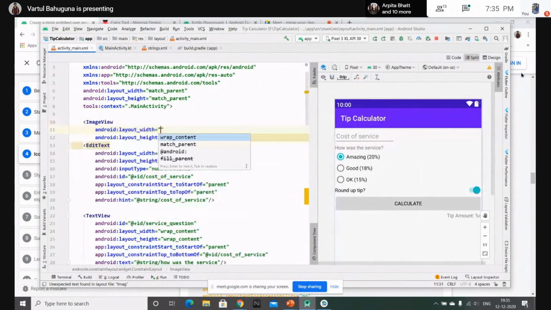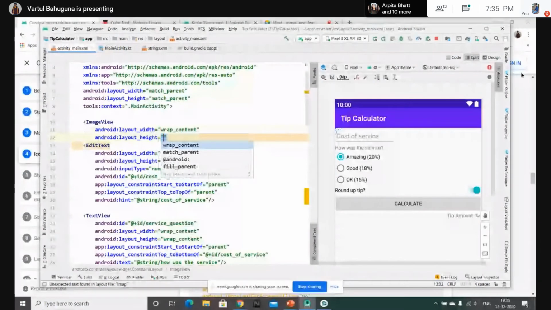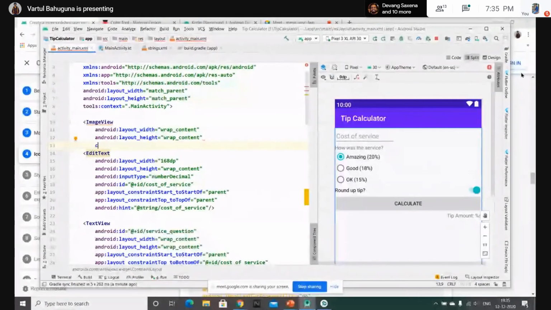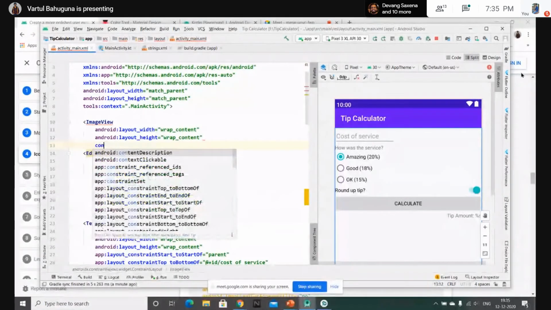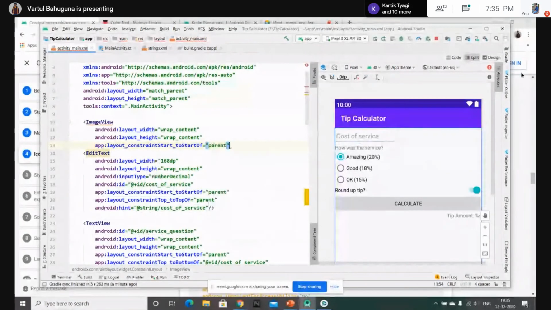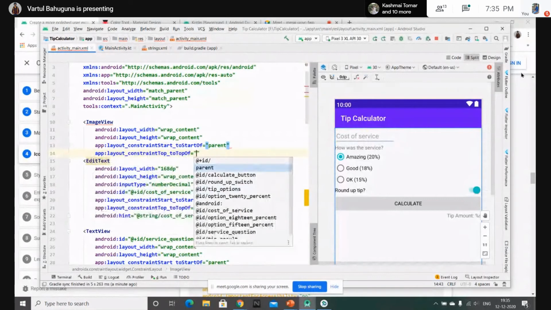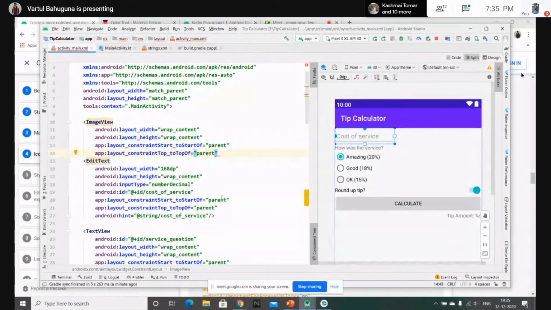Image view and wrap content, and then let's constrain start to start of parent, constrain top to top of parent, and this image now will appear over this. So let's adjust it.